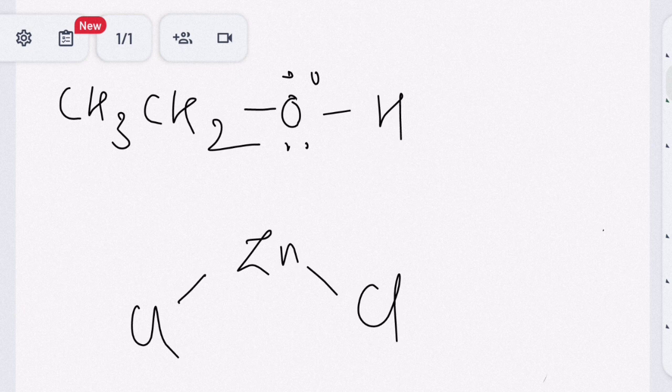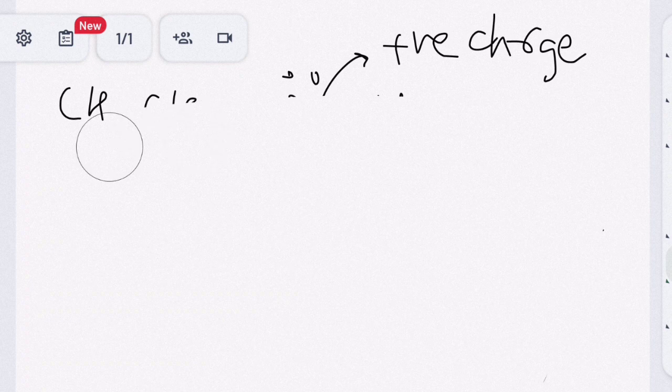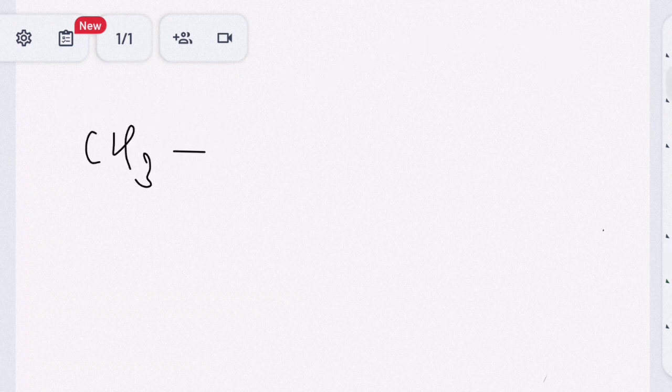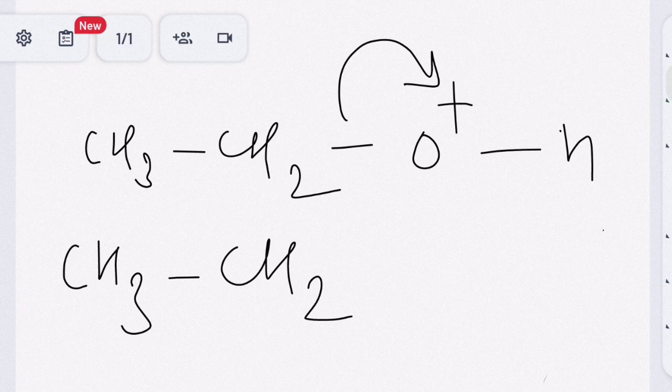So what will happen here is that ZnCl2 will act as a Lewis acid, which will accept the electron pair from oxygen, and so oxygen will get a positive charge because it has donated its lone pair. So this will be the scenario: CH3CH2OH+. Now, in the plus charge, oxygen is unstable,